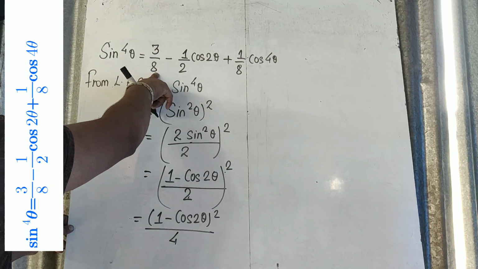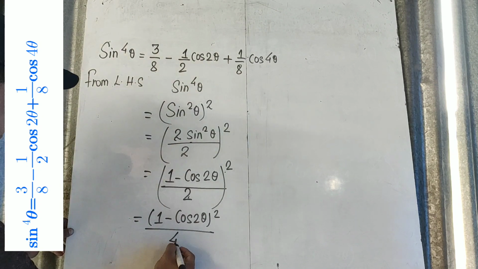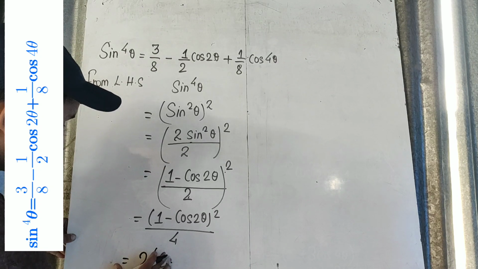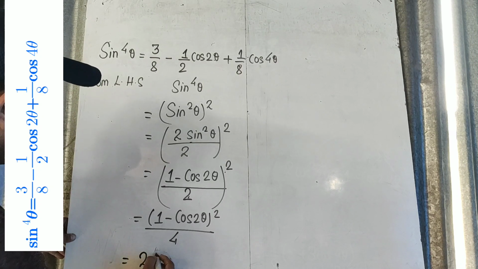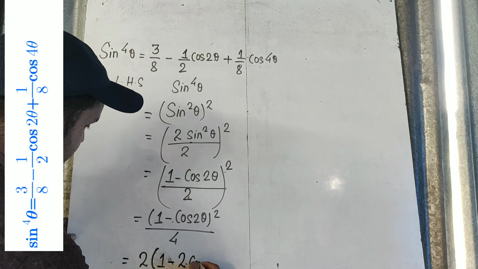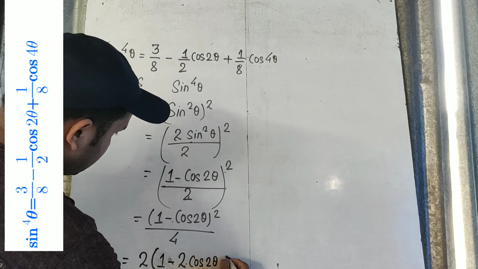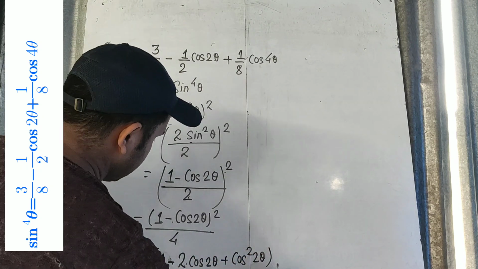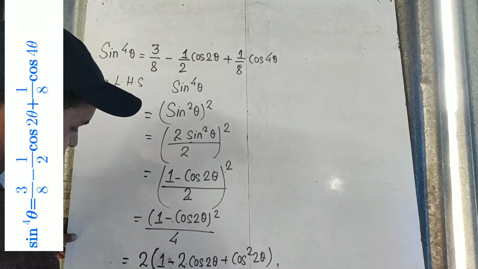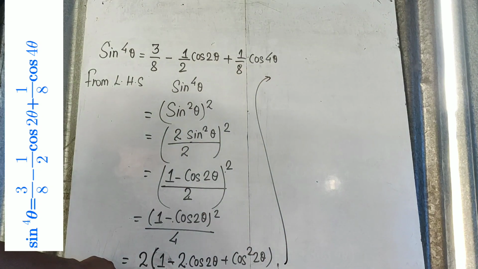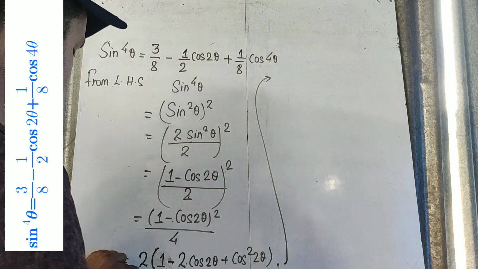Now since you have the highest denominator 8 here, we try to make 8 simply by multiplying by 2. So I am multiplying the numerator by 2, and at the same time I am also using the formula of (a minus b) whole square, which is a square minus 2ab plus b square, and I have to multiply the denominator also by 2, so it comes to be 8 here.